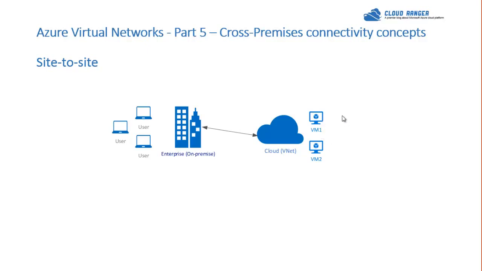All you have to do is go ahead and join it to the domain. It will go over this tunnel and look for a domain controller on premises and get it. So that's really the basic concept, and this happens to be the most important concept because most organizations go this